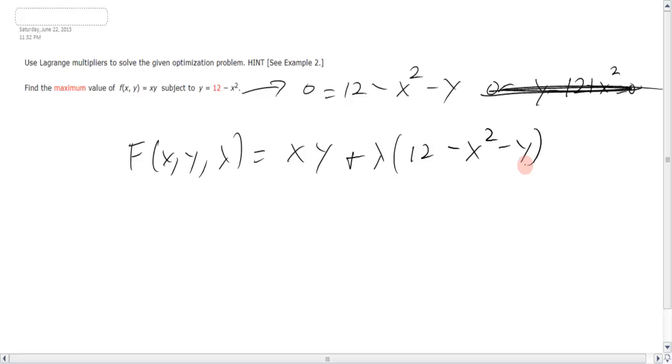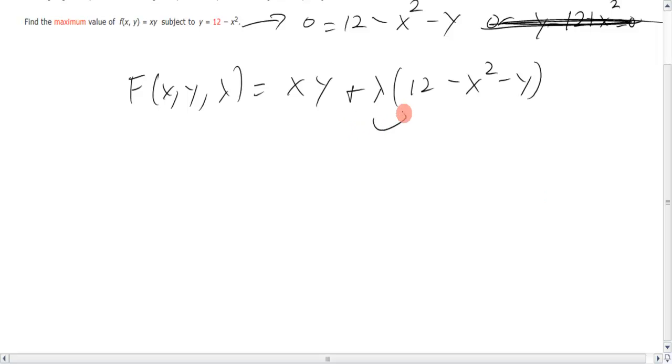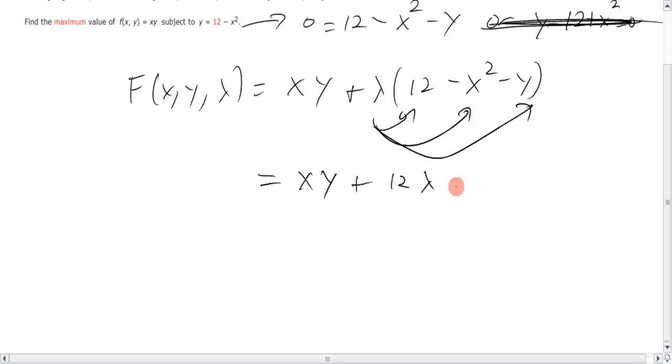So now the partials. Some people, until you get stronger with your partials, you may want to distribute this lambda through. I personally do not, but I will do it for the student out there who may need it. So that's 12 lambda minus x squared lambda minus y lambda. So now when I take my partials,